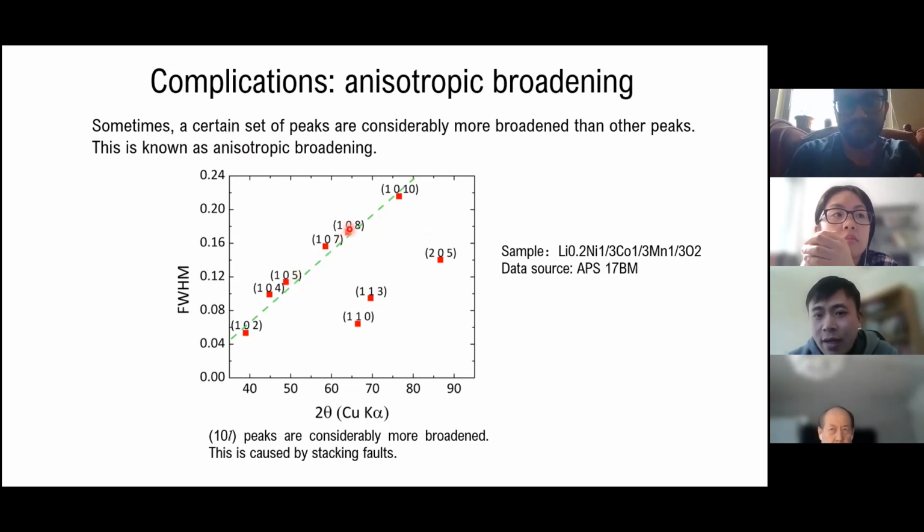So in the case of ABC stacking, you can assume a certain type of stacking fault, and it's very easy to see that they will give rise to the broadened 10L peaks, right? But in other situations, for example, like I mentioned, if the twinning or grain boundary is the origin of the faults, I believe there are also tools out there that you can use to simulate, but in those situations,